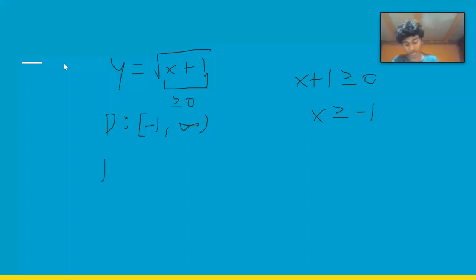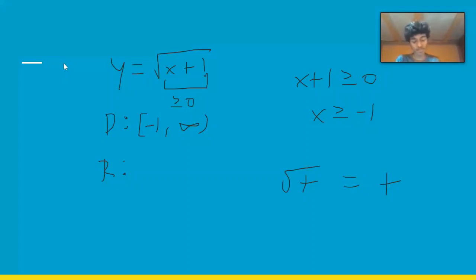Now let's look at our range. So what can y be? Let's think about this. We will always have a non-negative value under the square root. So when you take the square root of a positive number, what do you end up with? You end up with a positive value,